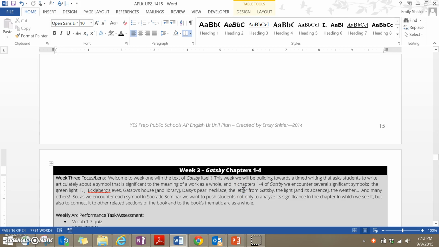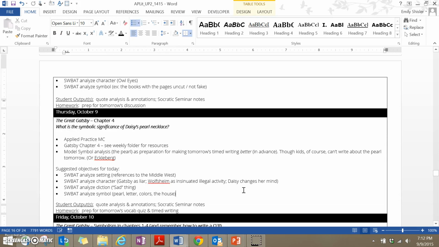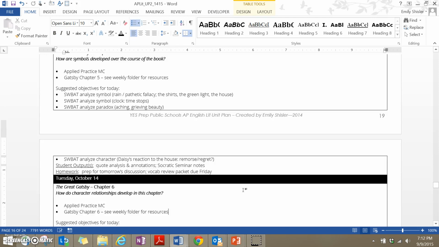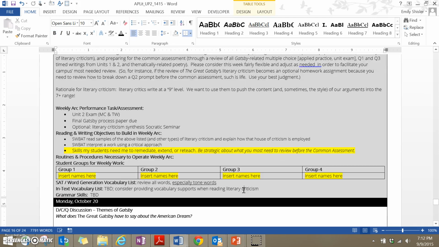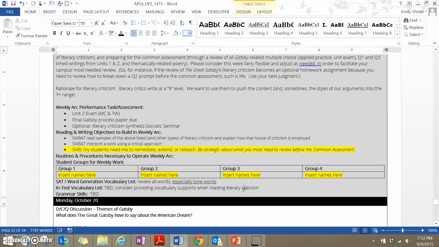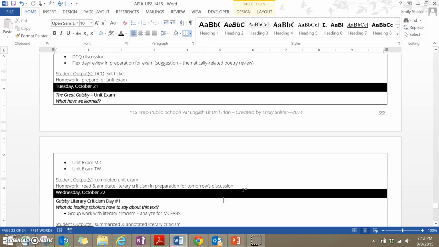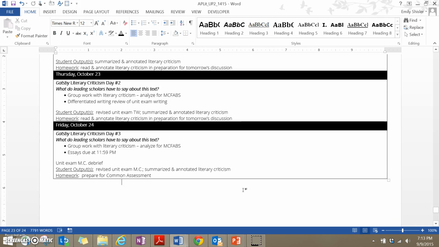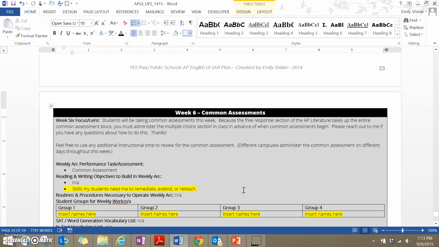Students own the discussion of these chapters. They sign up for chapters to own, and they will lead the discussions for this. Totally student empowered, which is just so important. Spending 1 week on the first half of the book and 1 week on the second half of the book. Then that leaves you still a full week of flex for, oh my gosh, I ran out of time, and working on their essays in class and coming to conclusions and having debates perhaps. And then lastly, the last week of the 6 weeks will be the common assessment. That was really fast, but I